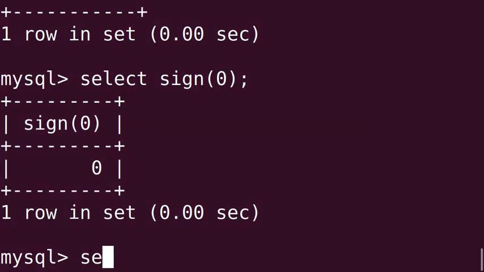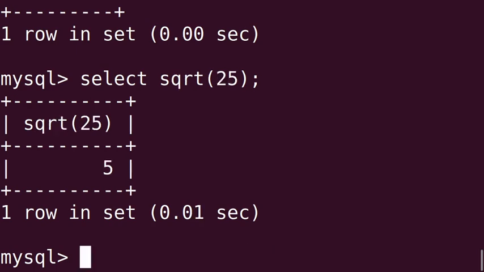Type select space SQRT within bracket 25. You can easily get the output, that is 5. 5 is the output.